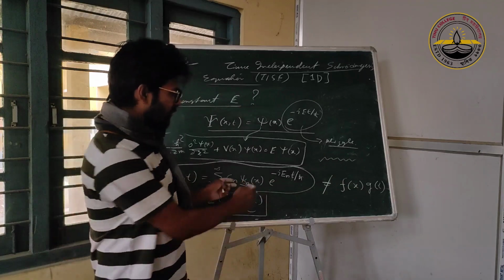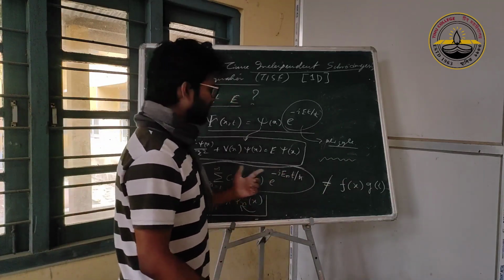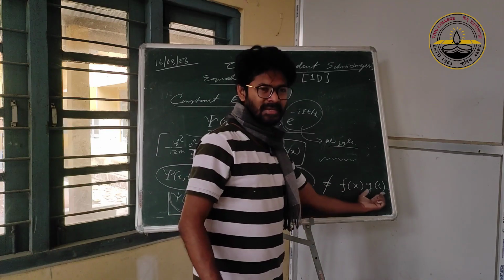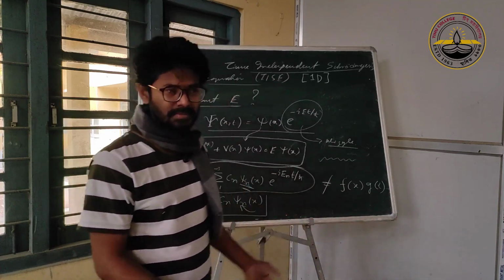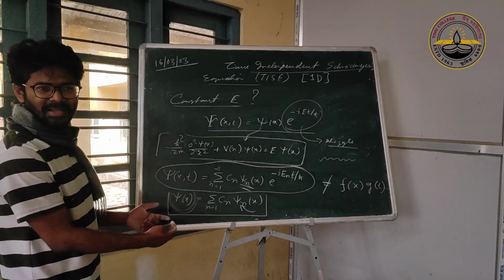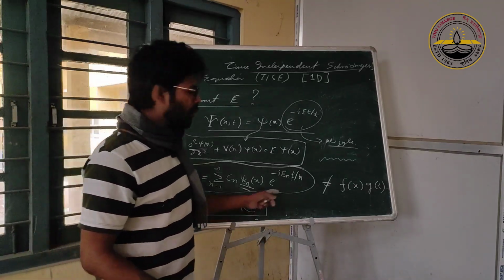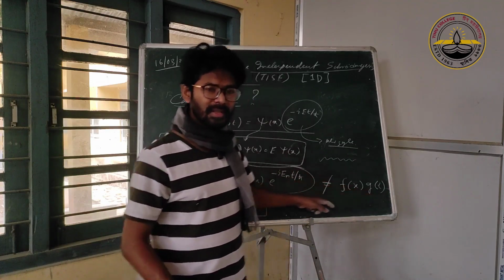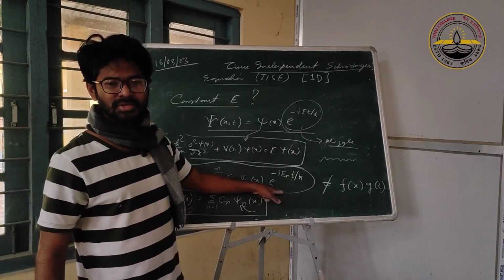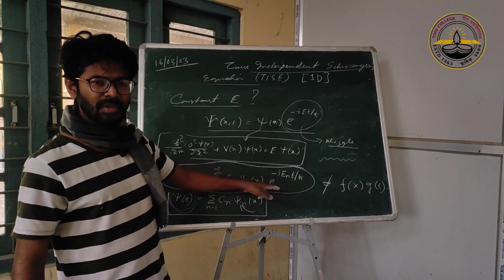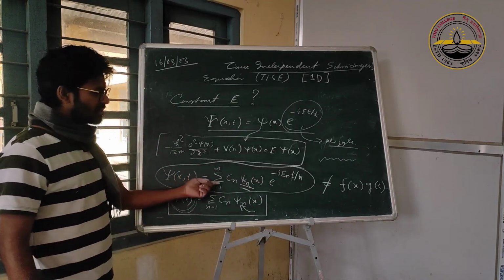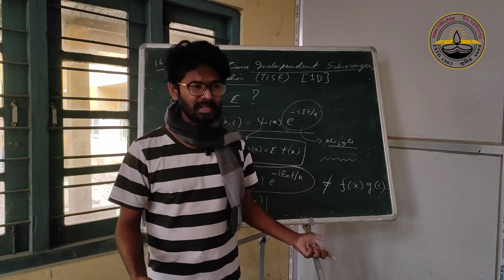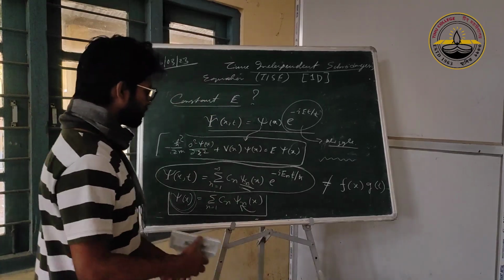If you do this sum, that sum cannot be written as a separate piece of x into a separate piece of t. It's easy to see, right? But then that means we got a solution that is not separable out of these separable solutions. So it solves our problem. Although we started with a very special kind of solution, we can actually generate any solution using them. So that solves our complete problem.